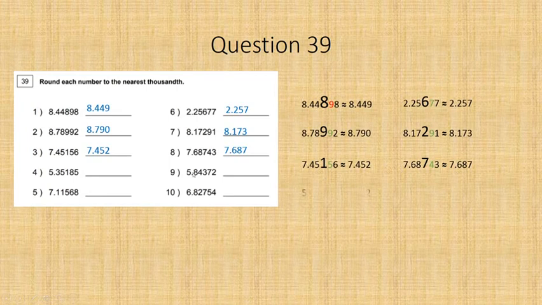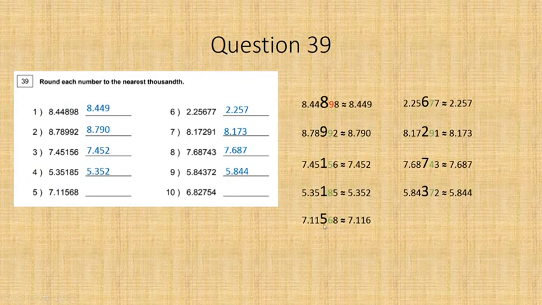So here in this question, it's 5.35185. So find the number and go next door. It's 8. It's a strong number, so I have to add one more to this one. It's gonna be 2. So the answer is gonna be 5.352. And here it's 5.84372. So find the number, go next door. It's a strong number, so add one more to the 3. It's gonna be 4. And here